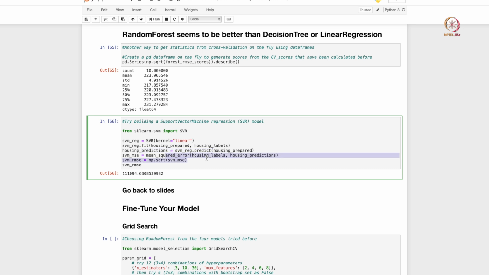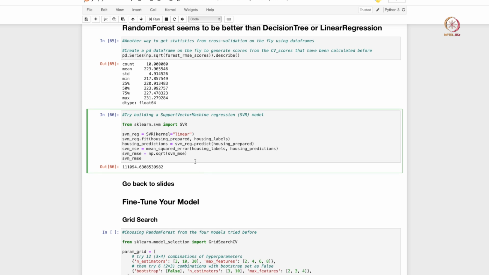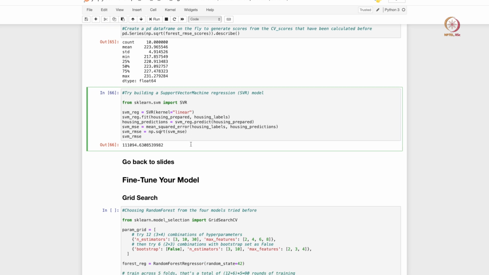We evaluate the error using mean squared error, and then we take the square root to get the root mean squared error, and we see that the root mean squared error is quite high. Support vector machine regression has an error of about $111,000 on the entire data set. This is even higher compared to our linear regression and decision trees. So support vector regression is clearly not working that well on our housing data set here.